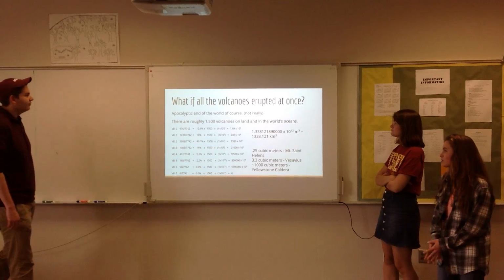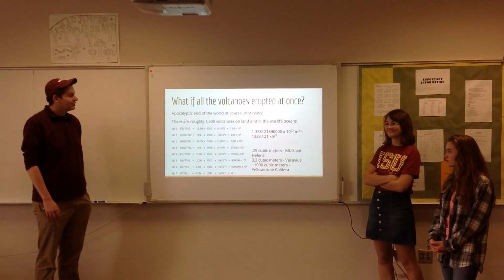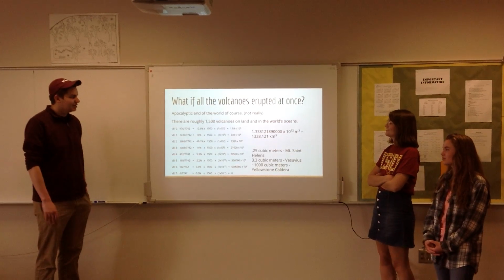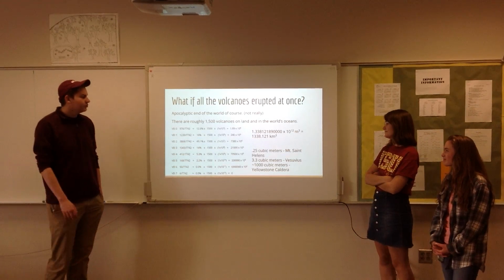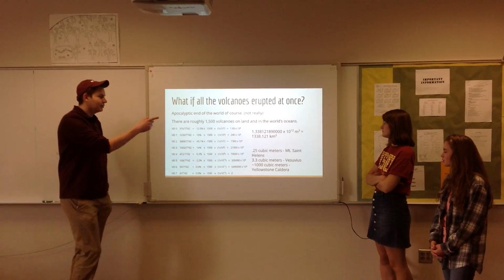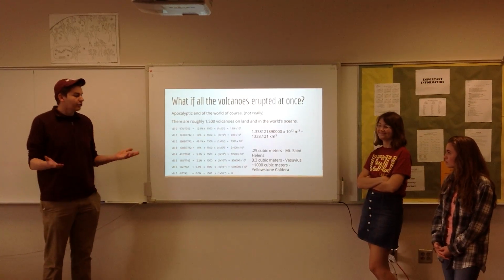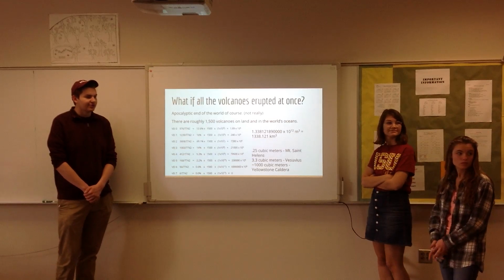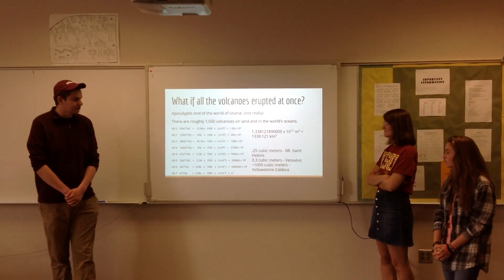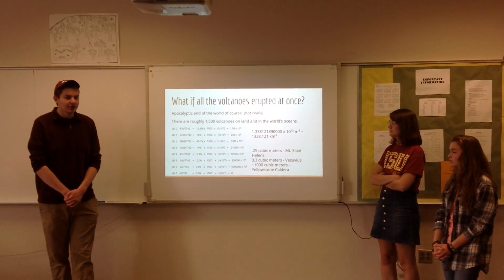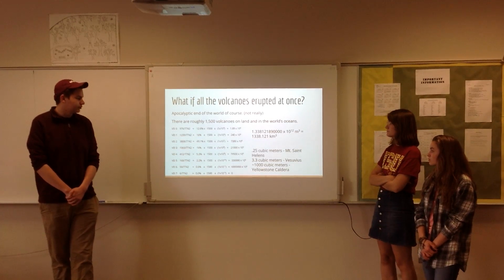So this is mine. What if all the volcanoes on Earth erupted at once? So we said apocalyptic end of the world, of course, which, I mean, it's apocalyptic, but probably not the end of the world yet. So there are roughly 1,500 volcanoes on land. That part's not true. It's on the oceans as well. Sorry, I think I forgot to take that out. But there are an unknown number really below the Earth's oceans. We can't really estimate that. I think we can assume there's at least 1,500 more, but the eruption of these would not be nearly as catastrophic as the ones on Earth's surface.